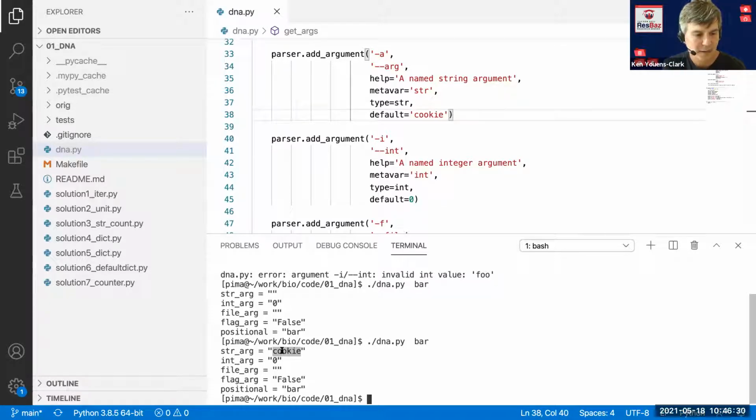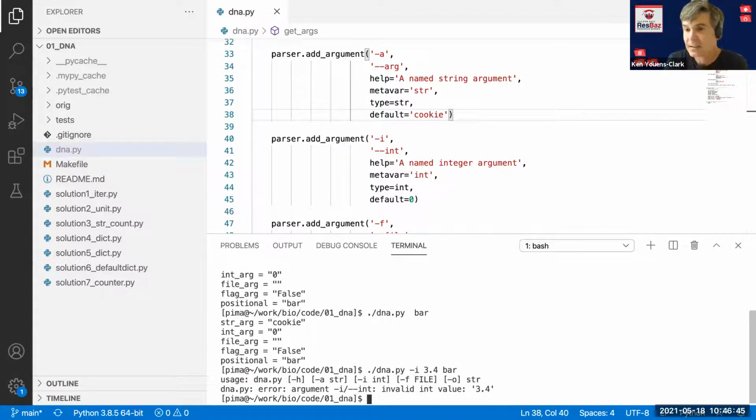And likewise, if we're going to accept these things as command line parameters, we also need to be able to validate that they're good. So I've shown you here -i foo. It also will reject anything like 3.4 because that's not an integer. So let's say you wanted a flag that was like a p-value, and you wanted that to be a float.